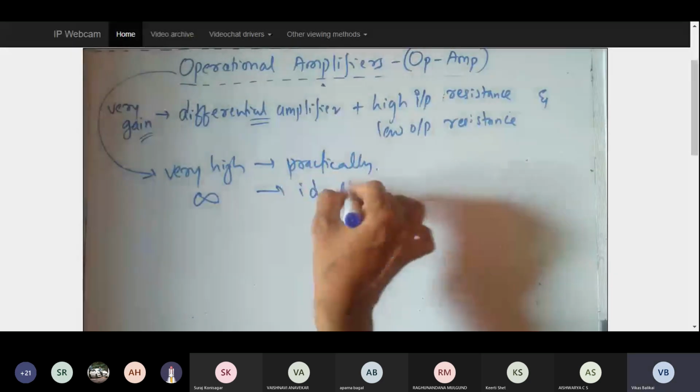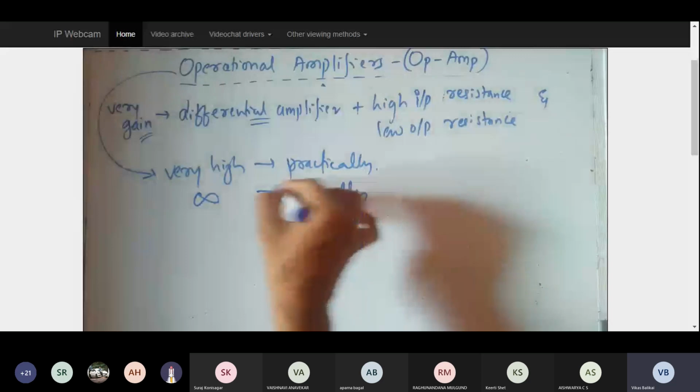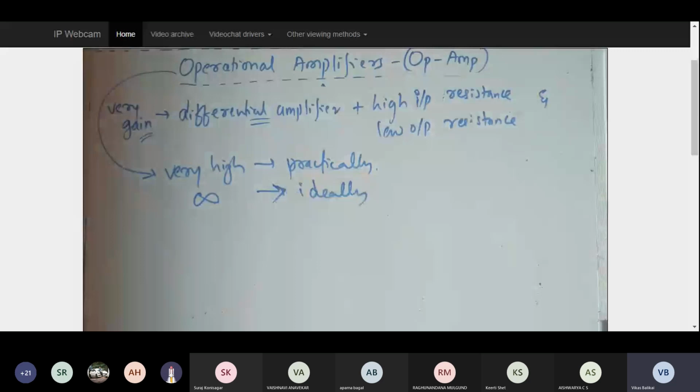That means, if I give an input, it should be transferred as a very large amount to the output side. That is my ideal scenario. But that is not possible. The ideal scenario is an unideal scenario, just to understand or just to do some mathematical calculations. We always consider the practical scenario. In the practical scenario, if I take an operational amplifier, its gain should be very very high, for the mere reason of ensuring that whatever input I give, it is transmitted to the output side without any distortion and without any loss of the signal, and in an amplified manner, so that I can get the desired outcome.